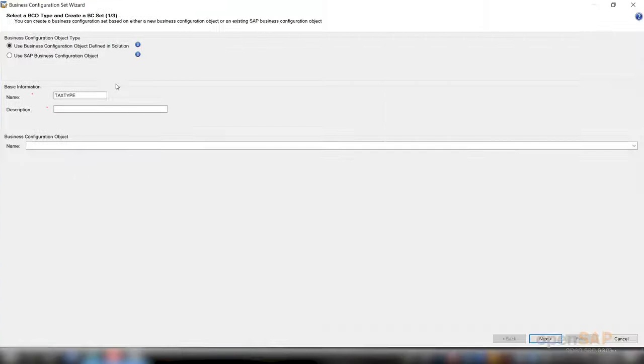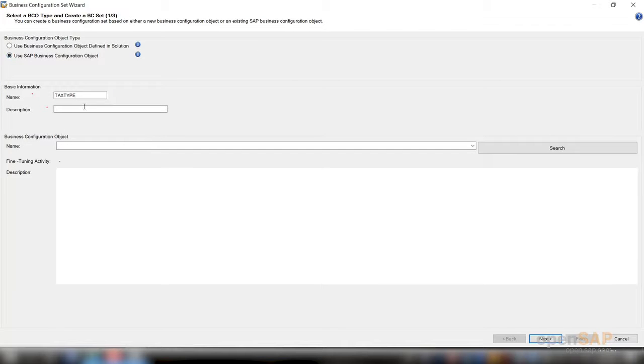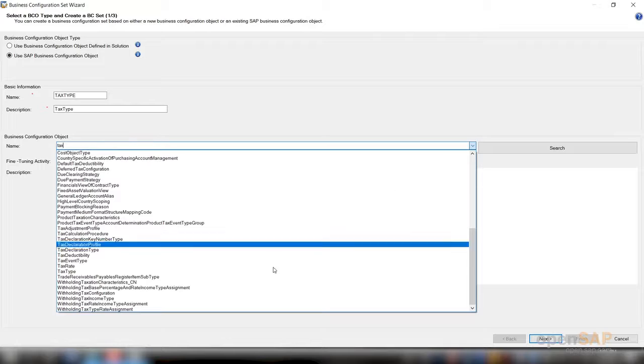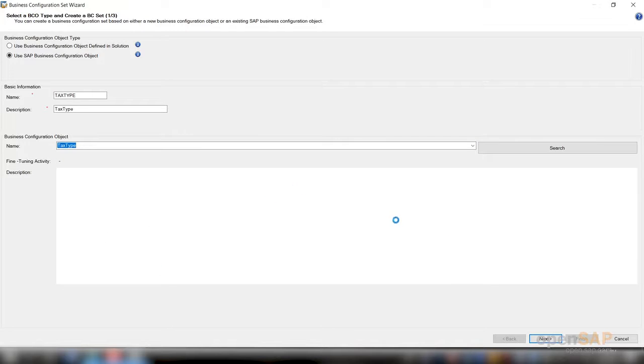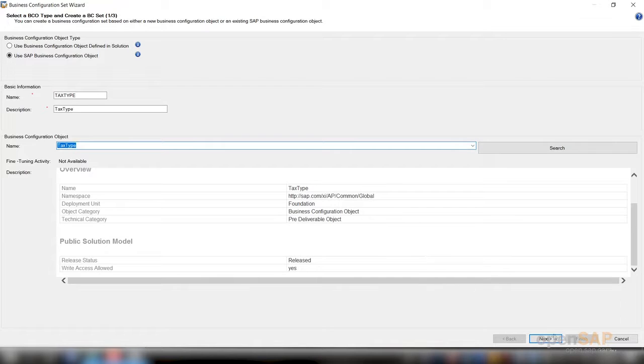That is completely okay, because we are going to use the SAP BCO, and you can give any tax type, any description here, and choose from here the standard BCO, which is tax type. Once you select this, you get a fair description about what the standard BCO does, and then you can simply click on next, and here you enter the values that need to be here as part of this.